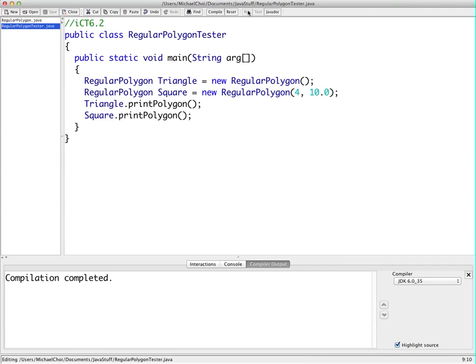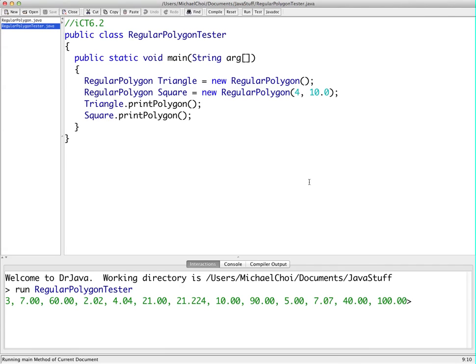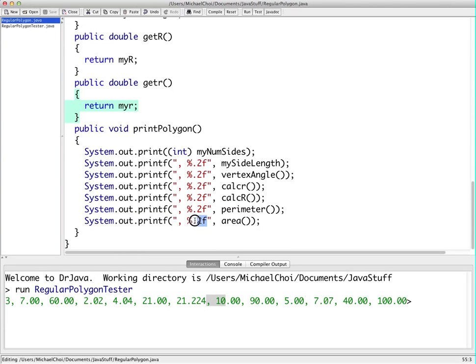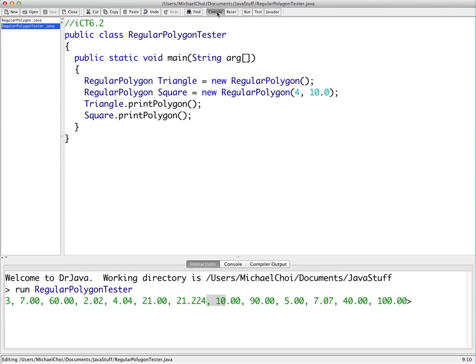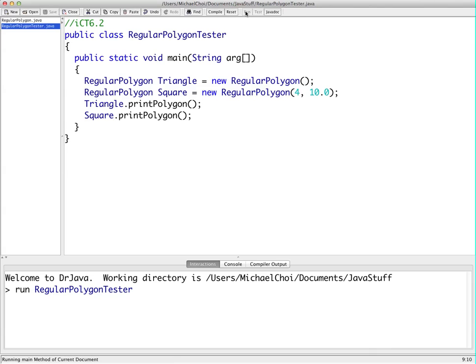And in order to avoid this problem, see, there's no space between these. In order to avoid this problem, we're going to say right after area, remember this is equal to the area rounded to 2 decimal places. After that, we're going to say \n, which will create a new line. Now it should turn into 2 lines, and awesome, we're done with this,